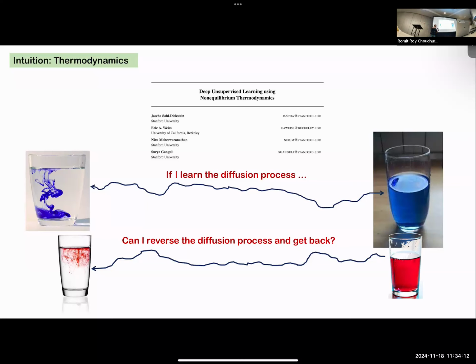So if I drop inks at different positions and I train it, the model might learn the actual equations of thermodynamics. And if it learns the actual equations of thermodynamics, actual equations of solubility, that's typically a differential equation. Then you can go backwards in the differential equation and give it a red water and use that same learning and come back to a point where the red ink was dropped. This is the high level